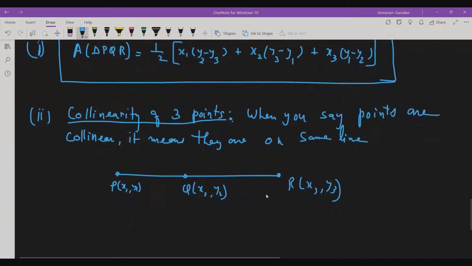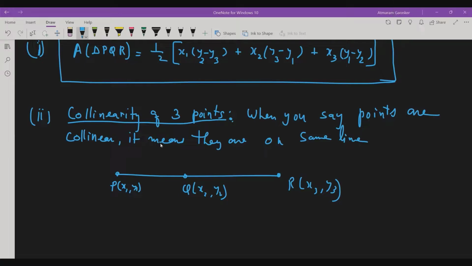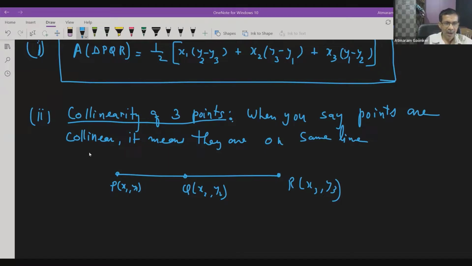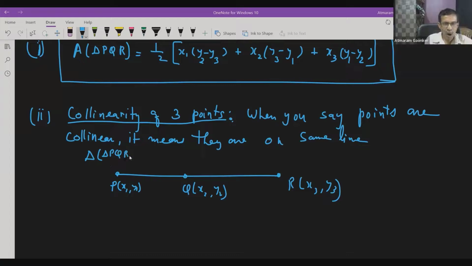Sir, we have to remove only the half signature, sir. And then the area inside these 3 points is 0, no? Area is 0. Yes, sir. So product of the area is 0, sir. Yes. So it is area of triangle PQR